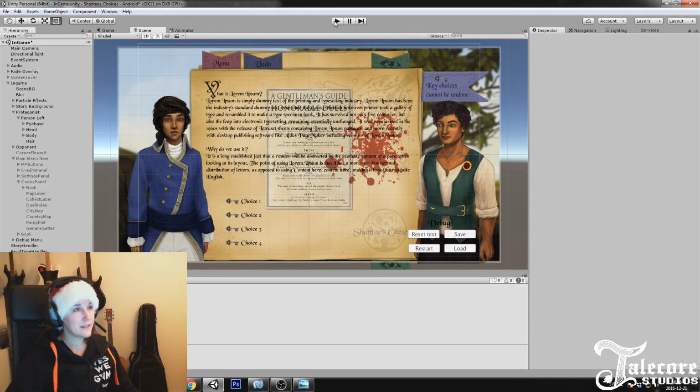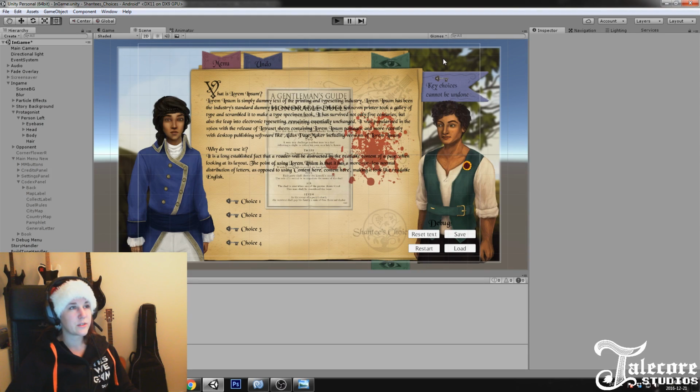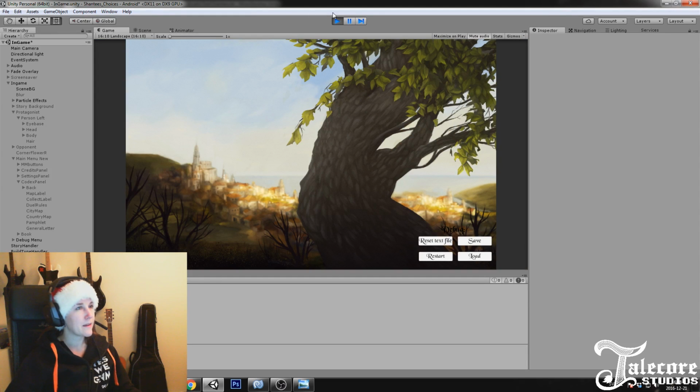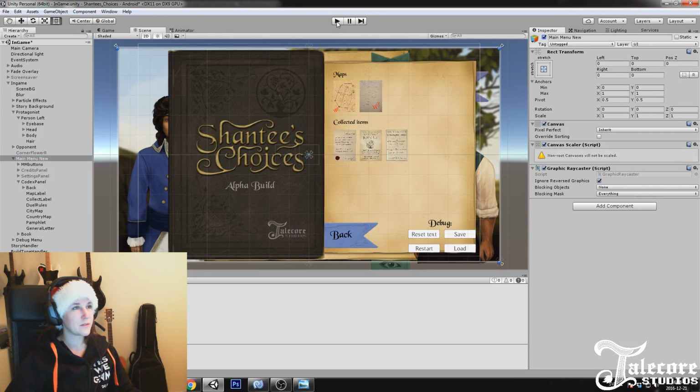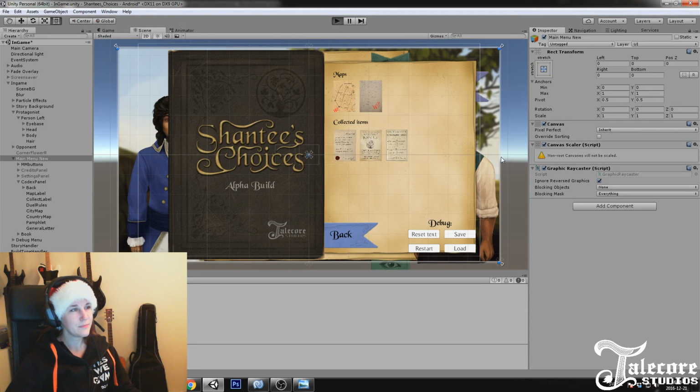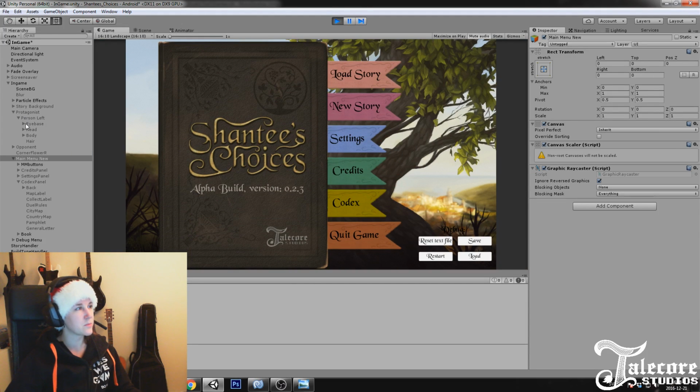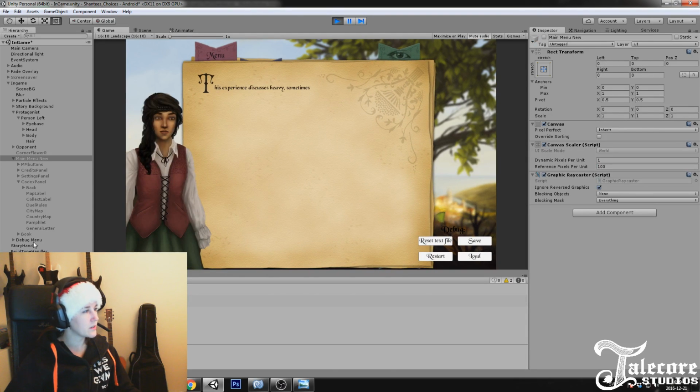So let's take a look. Maybe first off, I should just show you how this looks in game, so you get an idea of what this game looks like. And of course, I have to give you the main menu first. As you can see, this is Unity. Everything is built in the UI system, actually. So everything is the UI system. Alright, so let's start a new story. And maybe I should hide the debug menu.